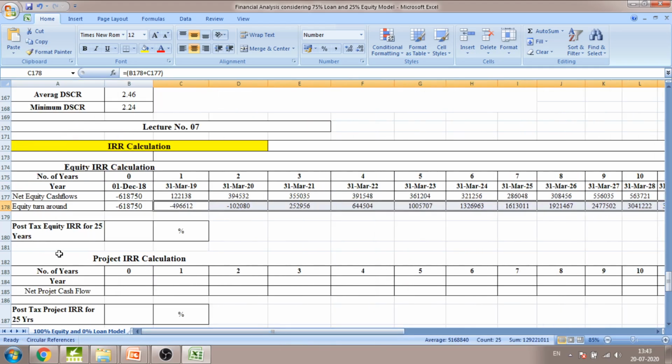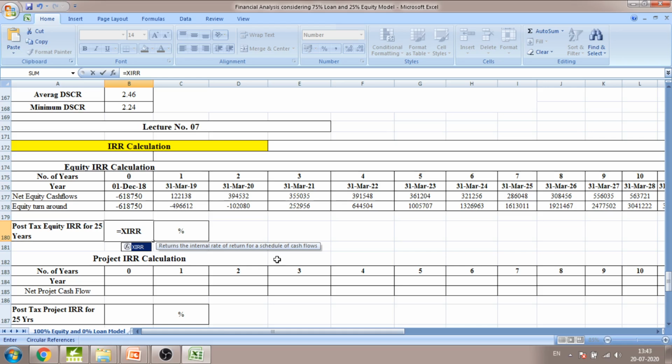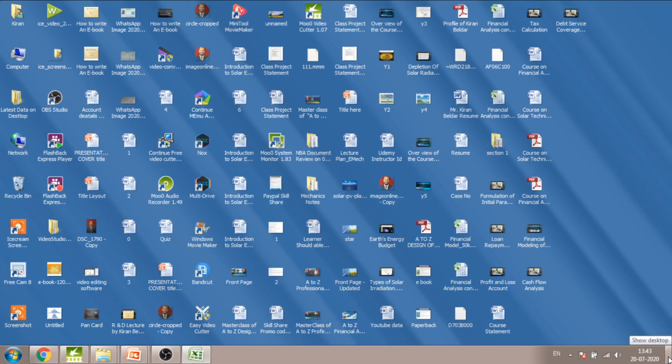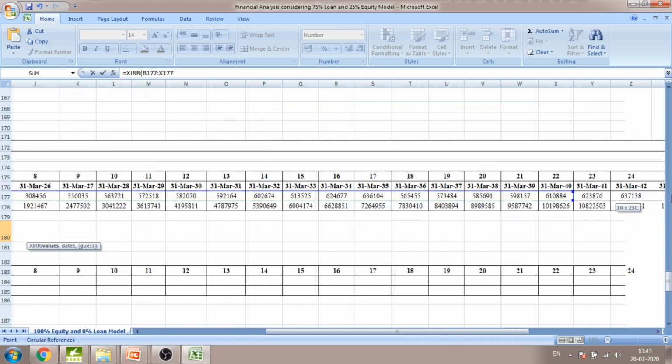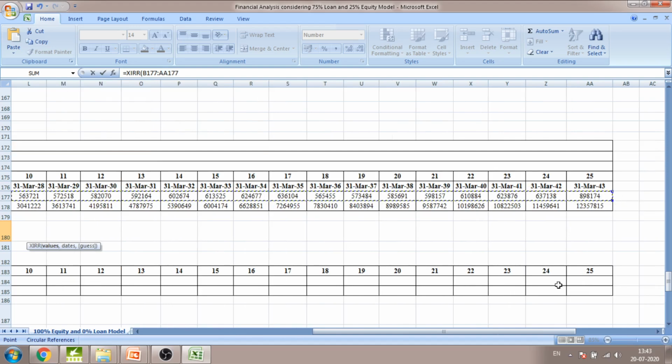The next parameter we are going to calculate is the equity internal rate of return on investment. We can calculate the IRR value by using the XIRR formula, that is the XIRR command, which calculates the internal rate of return. In this case we need to consider the net equity cash flow from the first year of commissioning up to the 25th year,